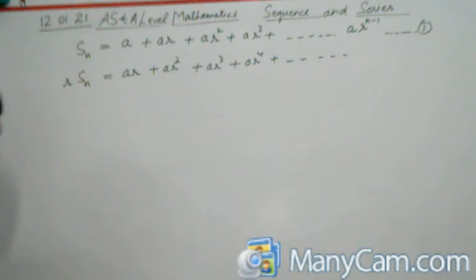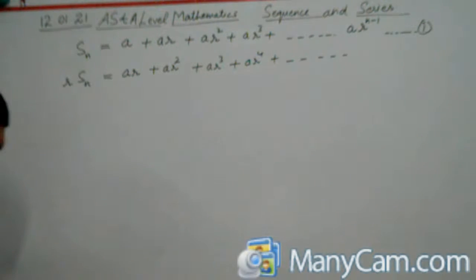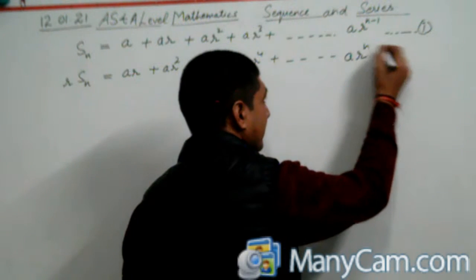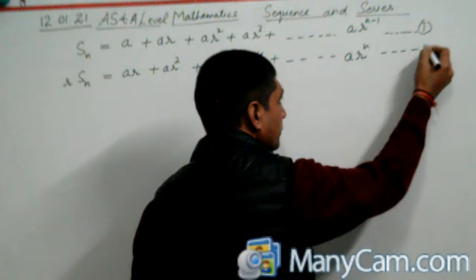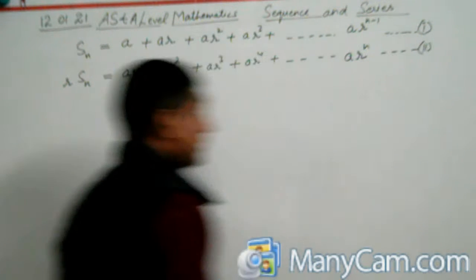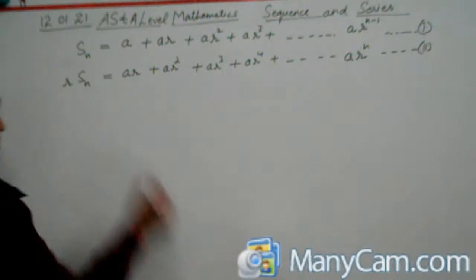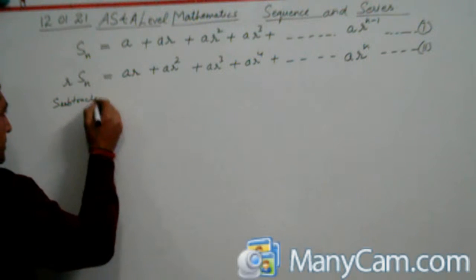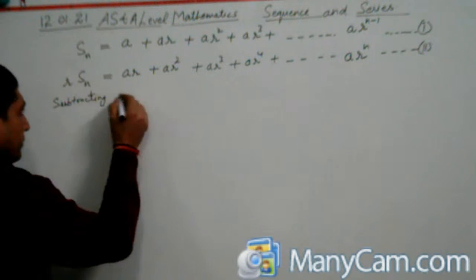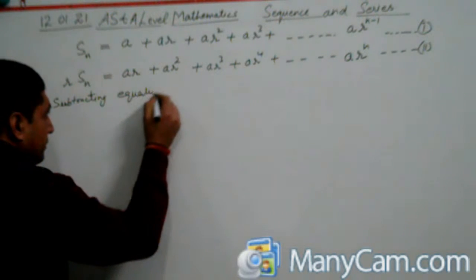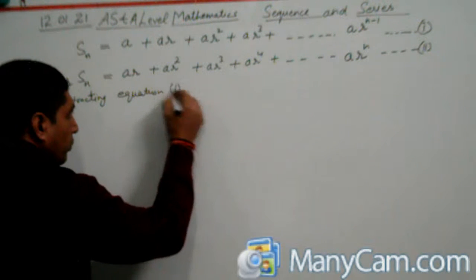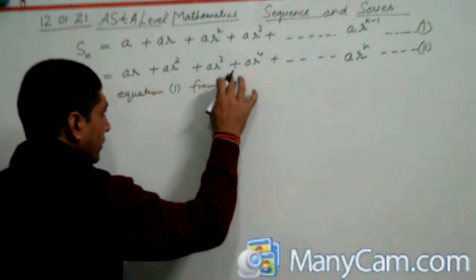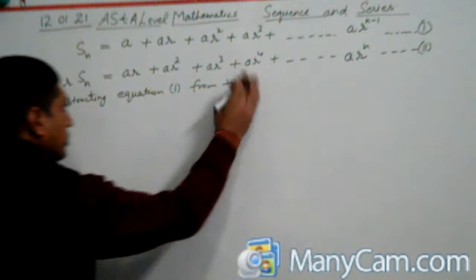The last term will be ar raised to power n. This is equation number 2. So subtracting equation 1 from equation 2,